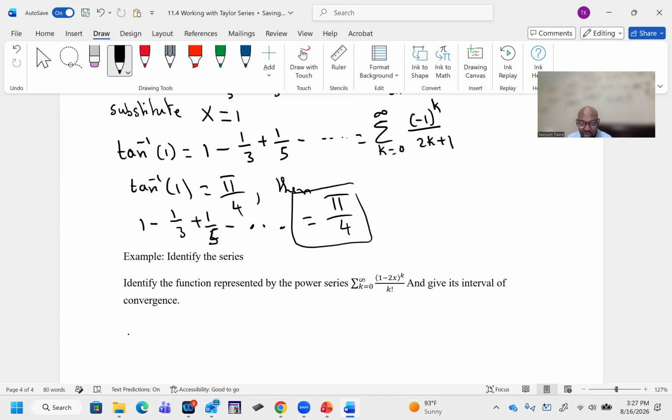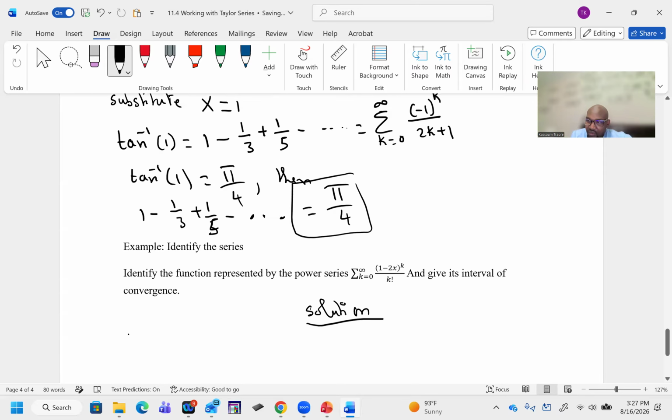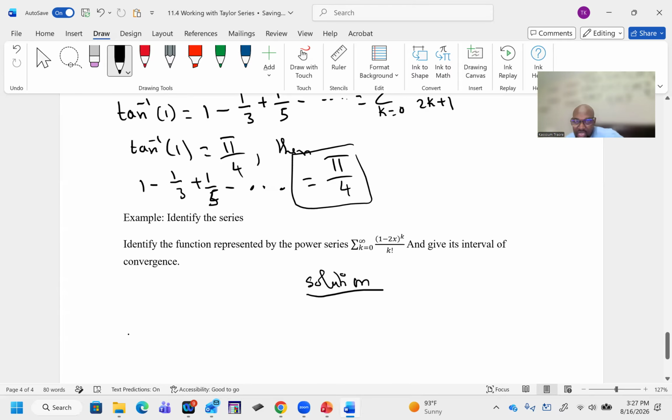And this is the last problem we will solve in this section. So solution. First of all, we have to look at this; it looks like a Maclaurin series. We know we have the power is k and we have k factorial. That will remind us of